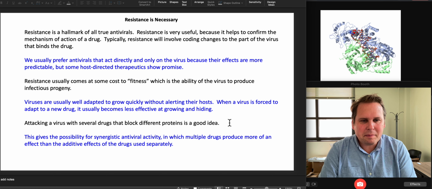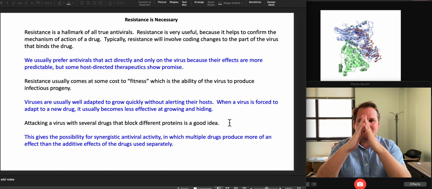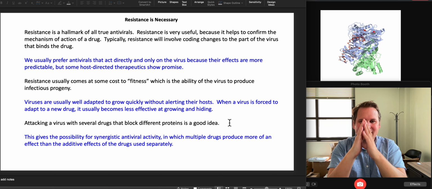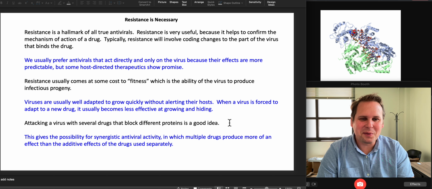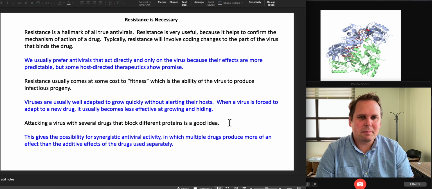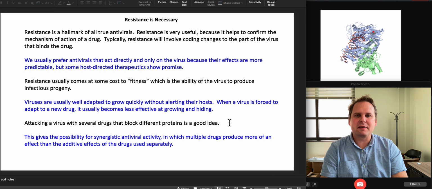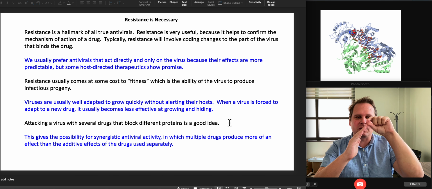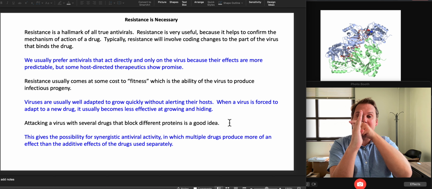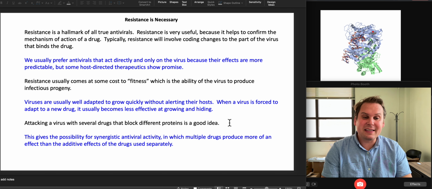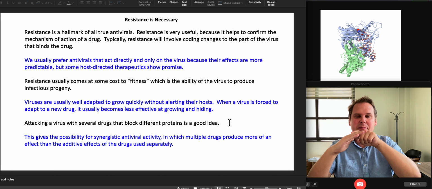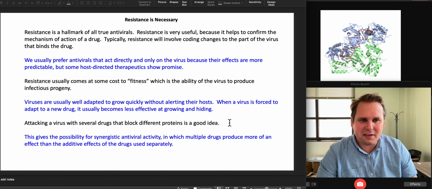So remember our little fitness peak with our little virus up somewhere near the top on this? And it may be a big wide peak, or it may be a very narrow peak. We don't know until we see how the virus responds to evolutionary pressure. But what you're doing is you're forcing the virus to move away from wherever it is. So a virus will generally start out somewhere near the peak, and you're pushing it. And you'll find out if the slope is steep, the virus goes all the way down and it's dead. Or if the slope is kind of flat, you'll push the virus, but you'll only have a little effect on the virus right there.